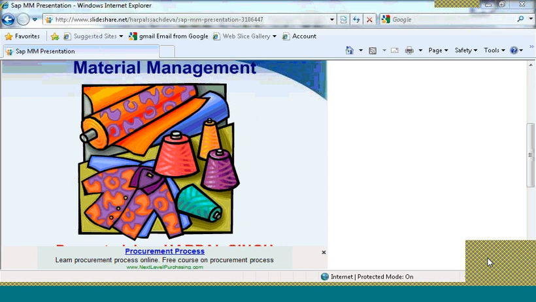The MM module allows a company to control its inventory, forecast customer demand, and keep itself updated on all transactions of the supply chain. The following steps define the flow of material-related information in my SAP ERP system. So before we go into the presentation, I just want you guys to understand the steps which normally take place in a Materials Management scenario.